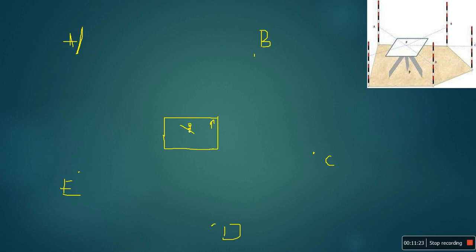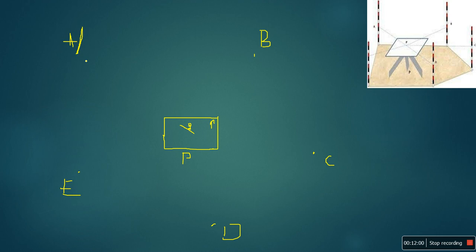Then you have to measure the distance of station P to station A on the ground. Then with respect to some scale, you have to assume a scale for marking this line. For example, 1 centimeter is equal to 1 meter, or 1 centimeter is equal to 2 meters, depending upon the distances from the instrument to the object station. If it is a smaller distance, for example 5 to 6 meters or 5 to 10 meters, then you can consider the scale 1 centimeter is equal to 1 meter.